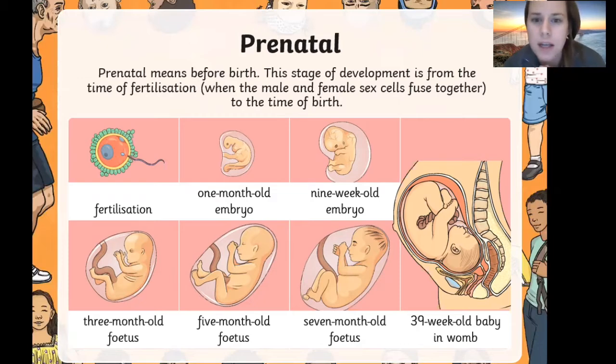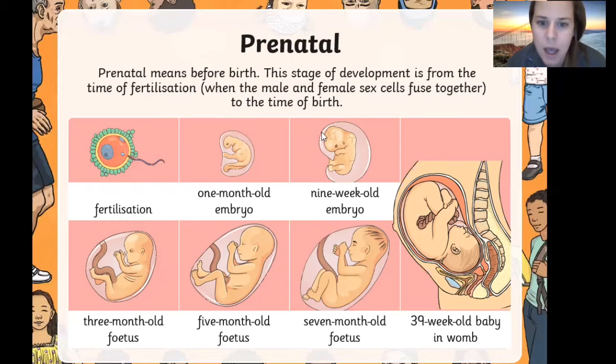This stage of development is from the time of fertilization. So we essentially have a seed that fertilizes an egg, and that's what's happening here. We've got this seed with the tail, and this circle bit is the egg. Once that fertilizes, we then have a baby beginning to grow, and the baby grows in a sac,